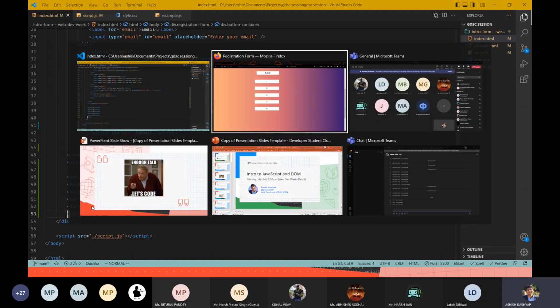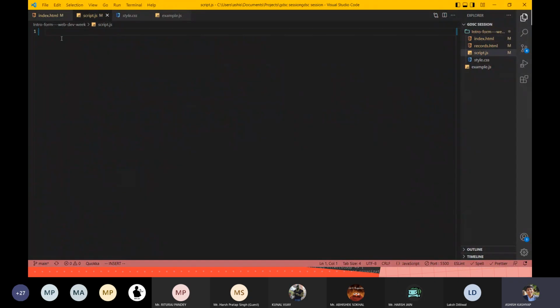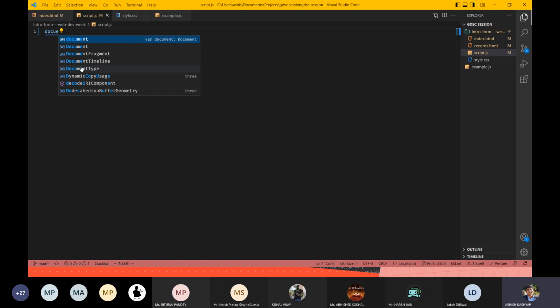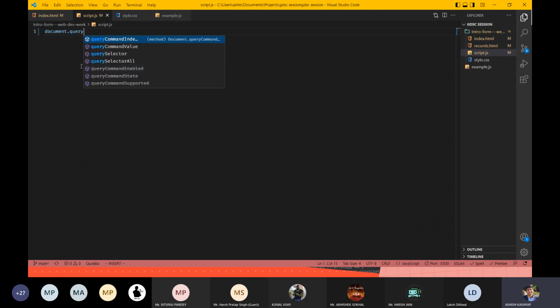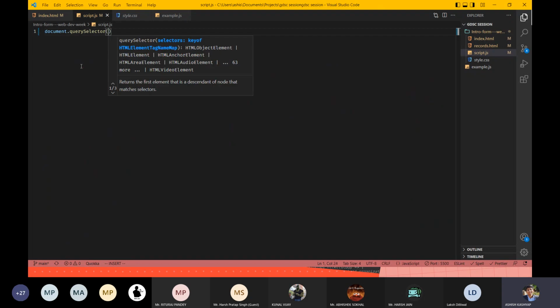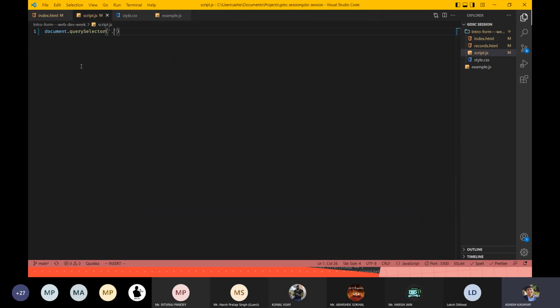So what we can do is use the concept of event delegation. So what we can do here is query using document dot query selector, and let me just write that query selector, its class name is button container, right? Button container